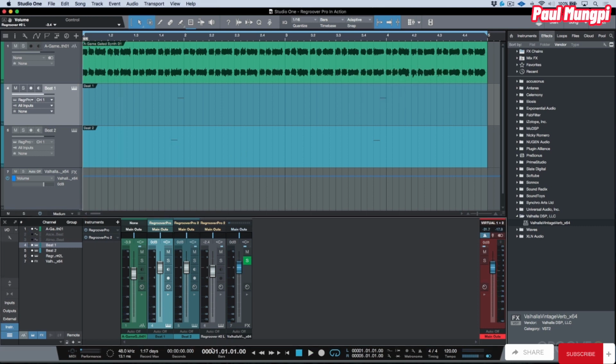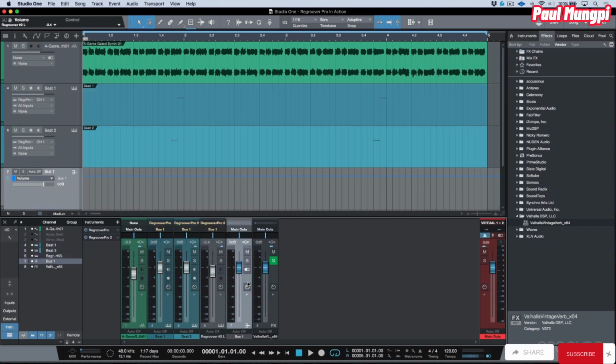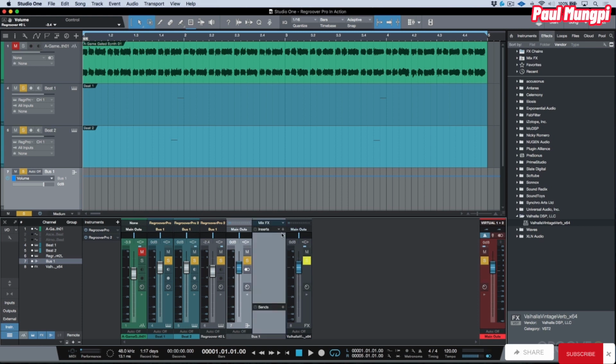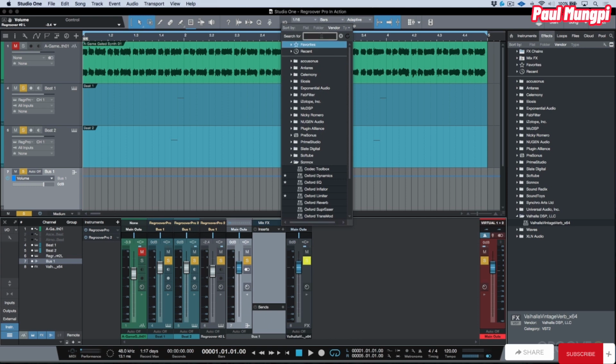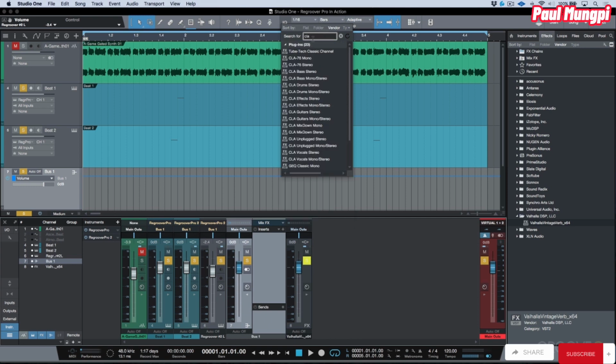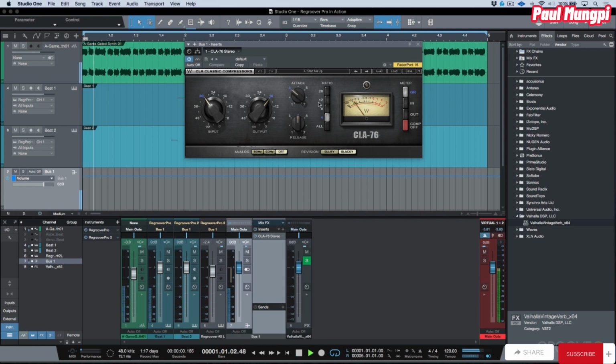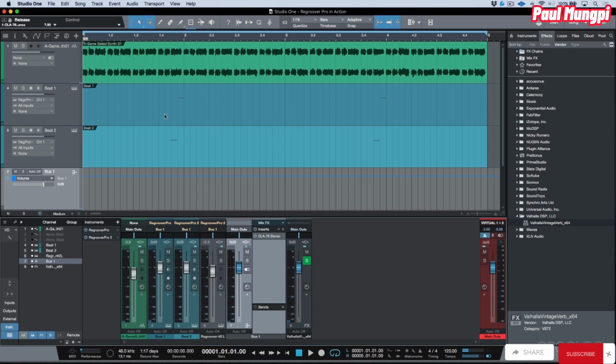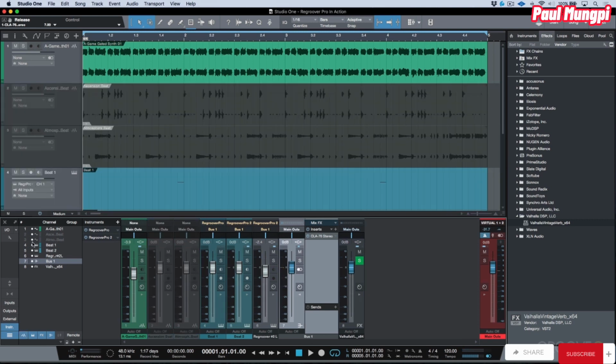Now, one thing I could do is I could send these all out together, and they could go, for example, to a common bus, and then I could do some processing on this bus. So for example, I could do something like, let's add, I don't know, we'll add a CLA 76 or something like that. Bring this in. Really anything I wanted at this point, but just for a reference, let's go ahead and let's bring these two